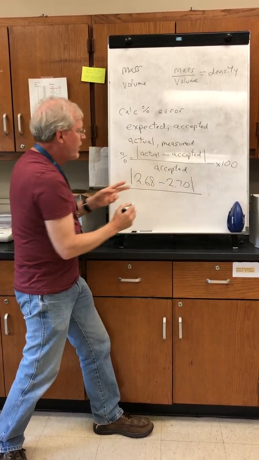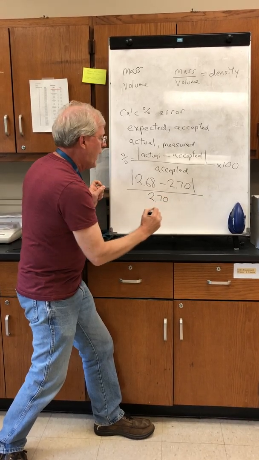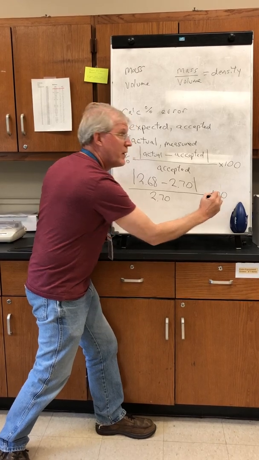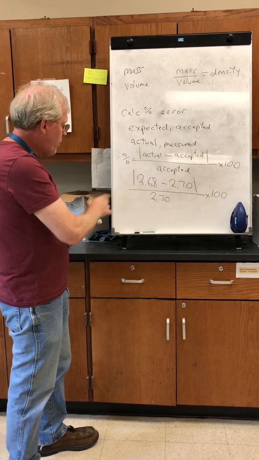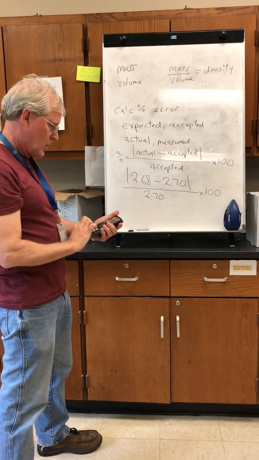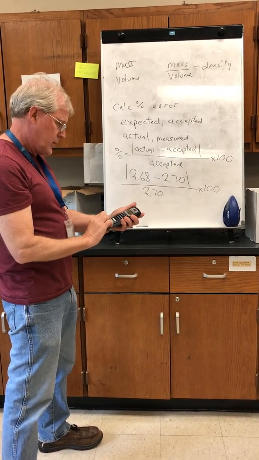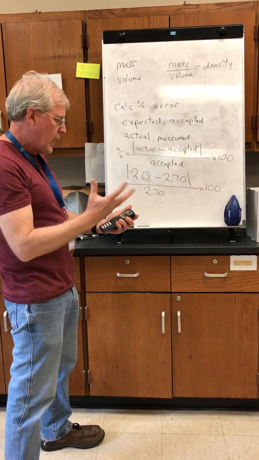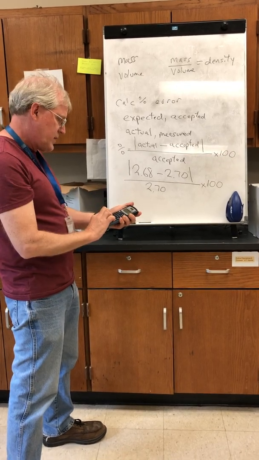And then down in the denominator, we're supposed to divide by our accepted value. And what I do not have with me right quick, although I see one over there, could you grab me that calculator right quick? So we're going to plug these numbers in and see what kind of error we get, okay? And again, I'm always going to want the positive result on top. So 2.68 minus 2.70. I have a result, change it to positive, divide it by 2.70